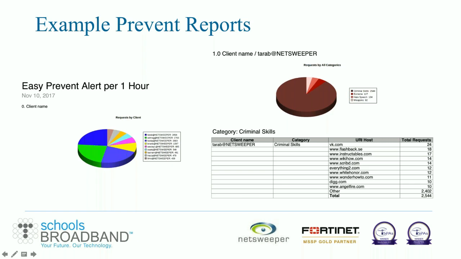So all of the alerts in the past hour was this particular report. It shows you all the users and how many attempts per user. It then breaks it down within that same report to say, okay, we've got those particular users, let's take that user and let's actually look at what they were trying to look at. So we then break it down into the request per prevent category, and then break that down further per category to show these were actually what they were trying to access or attempt to access within that particular category. So again, from a safeguarding perspective, that's